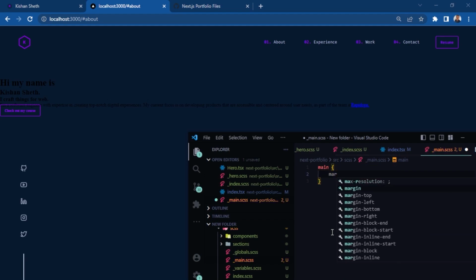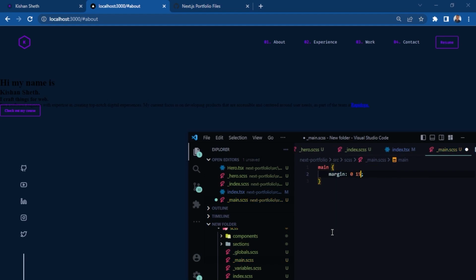So main tag would have margin of 0 and 15rem,